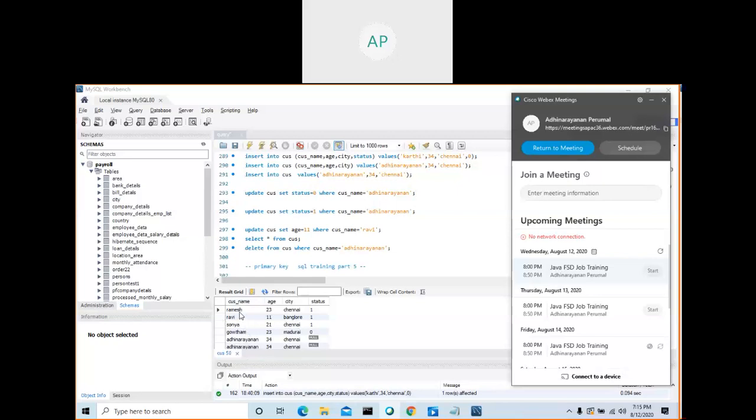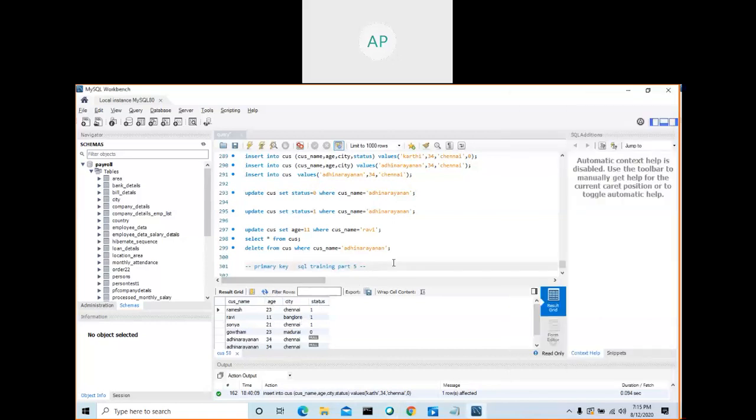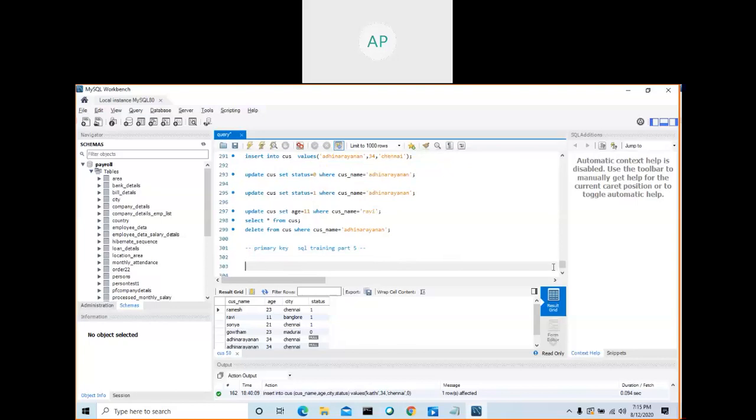See, this one is one Ramesh, Ravi, Sonia, Gautam, but this has a duplicate. So as per the table, you should have one column that should contain unique values. So how to ensure that? You can make that column the primary key.